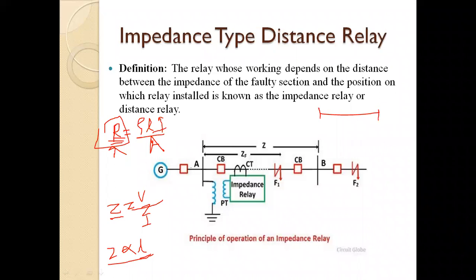So this is the diagram for your impedance type distance relay. So you can see this is your generating station, and this is the transmission line. So we are considering one zone for the protection purpose. So here